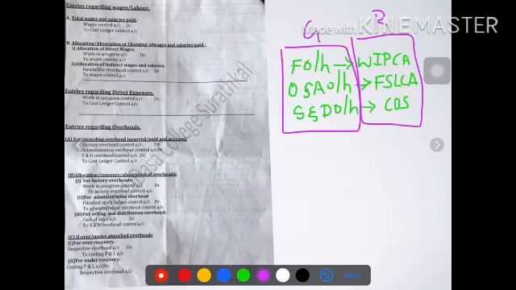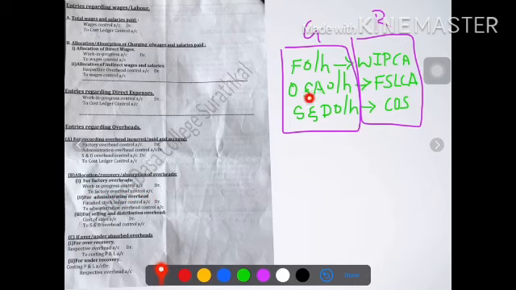Now let us go through the ledger journal entries. Firstly, the factory overhead will be allocated to work in progress control account. Then the entry would be receiver account debit to giver account. Therefore, work in progress control account debit to factory overhead account. The same you can see here. For allocation of factory overhead, the entry would be work in progress control account debit to factory overhead control account.